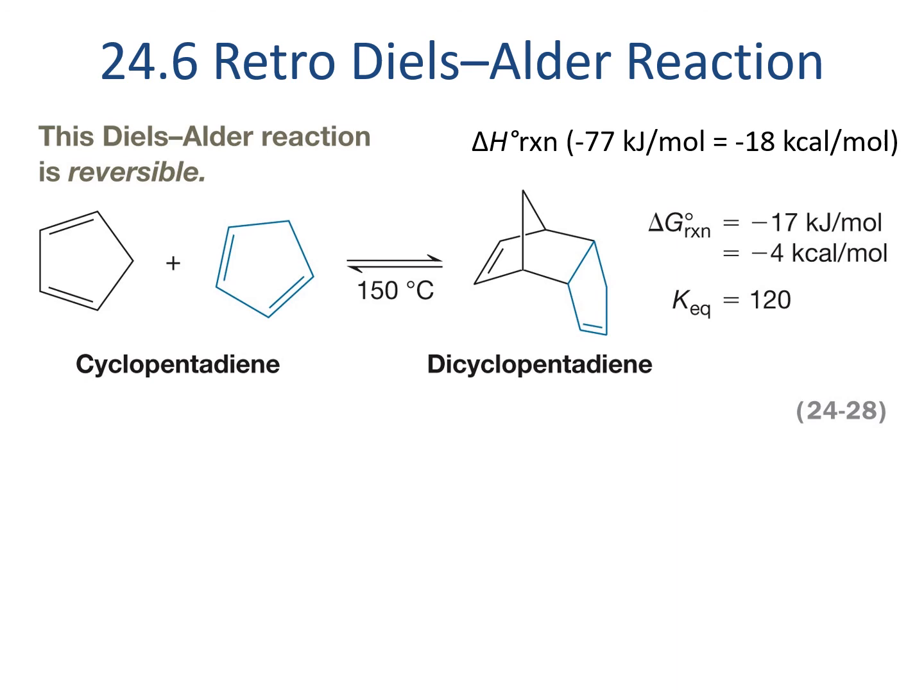The products are also more stable in many cases under standard conditions, since the sigma bonds formed are lower entropy than the original pi bonds. We can see this in the delta H and delta G of the reaction shown. However, since the reaction is heated, it is not at standard conditions, and the more heat we add, the less